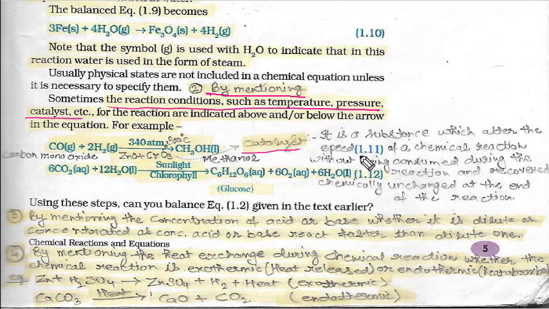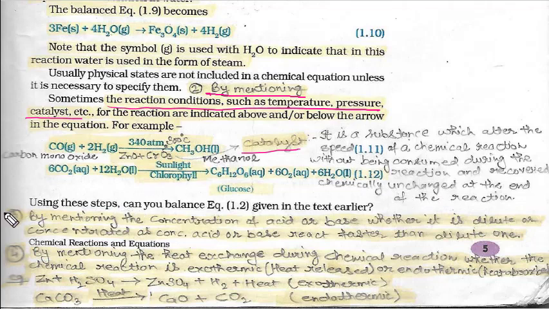Sometimes if the reaction is very fast, we have to decrease its speed to observe it, and sometimes the reaction is very slow and we don't have that much time to complete it. In that case we will speed up the reaction. So it can either increase or decrease the speed according to the situation, without being consumed during the reaction. That means when the reaction is completed, you will just recover that catalyst as it is. It does not get used up in your reaction.